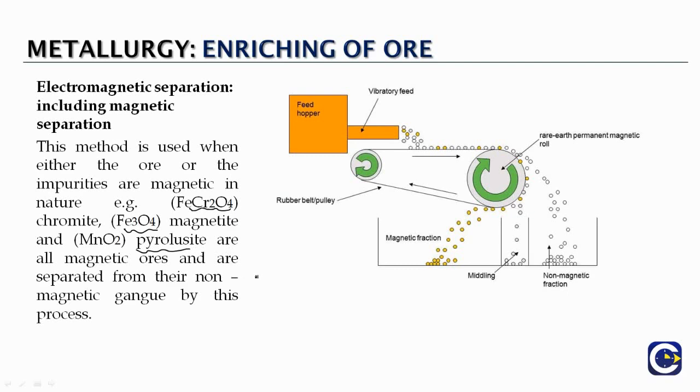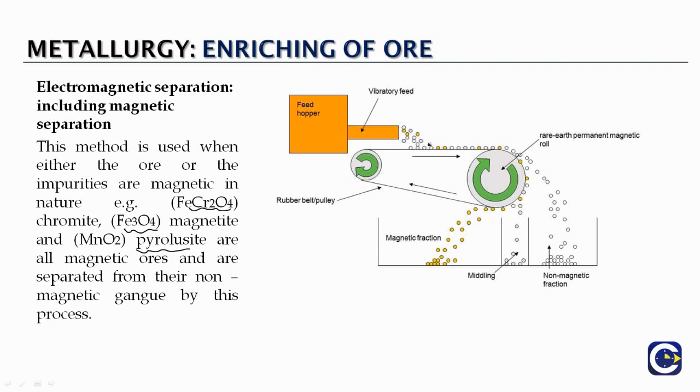and we can divide the substances into paramagnetic, ferromagnetic. We're talking about the substances having magnetic properties. The ones that do not have magnetic properties will be called diamagnetic substances. We'll be able to know about these things in a little bit more detail in the solid state topic. But here broadly what happens is we have a feed hopper which will be able to put these powdered